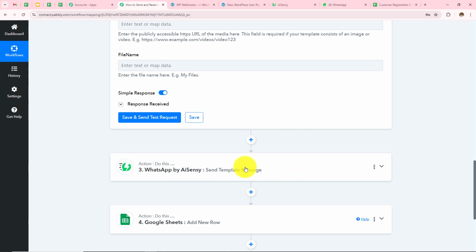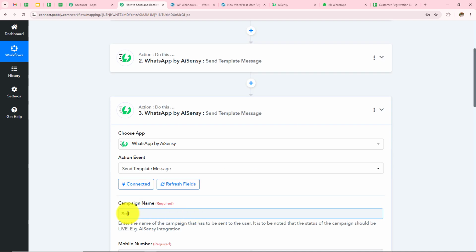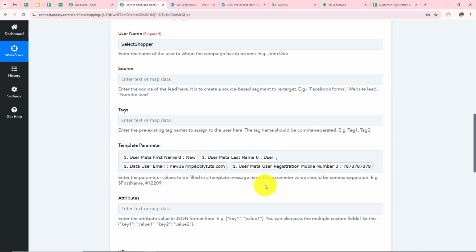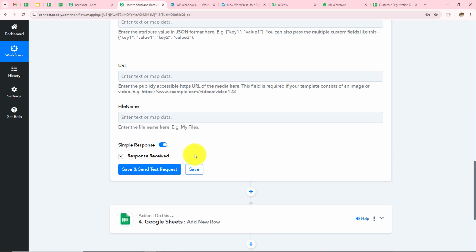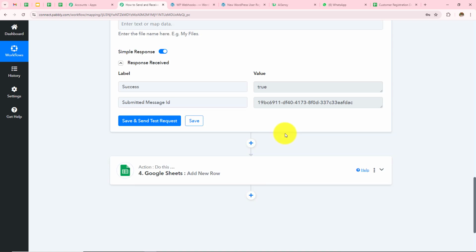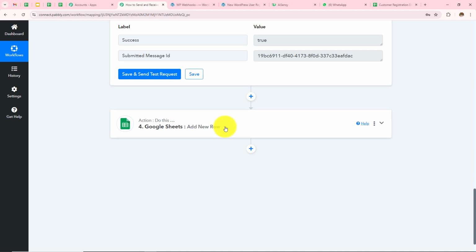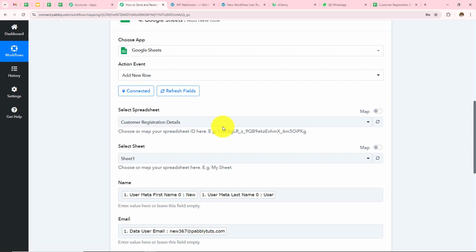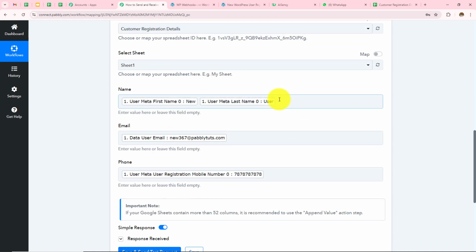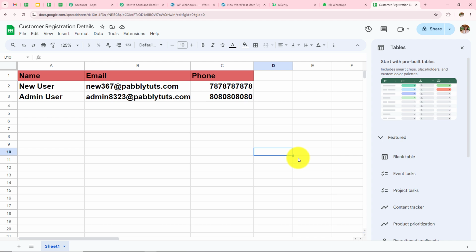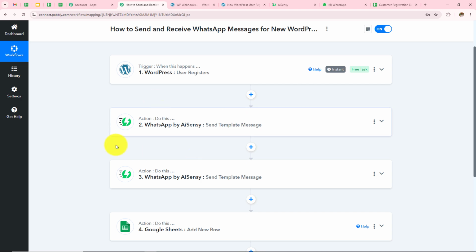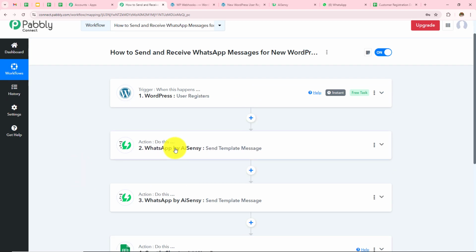After that, we again took WhatsApp by AI Sensei to send that WhatsApp message to ourselves on new customer enrollment. Then we created a campaign and entered the campaign name here. We entered the mobile number and then the username and then the template parameters. Then simply clicked on save and send test request and received the response, after which we took our next action application as Google Sheets, where we entered all these details with the help of mapping and added all these details in my Google Sheets automatically. So we have successfully created automation between WordPress, WhatsApp by AI Sensei and Google Sheets with the help of Pabbly